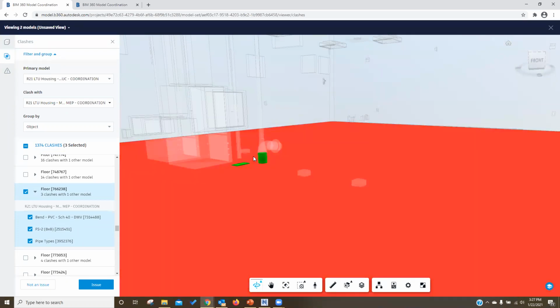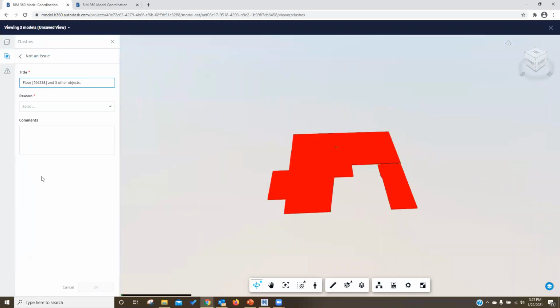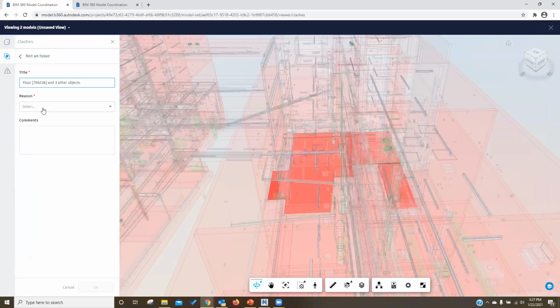So it means if this thing is considered a clash, then you can always create an issue. You have two options down here when clicking the list. But if you are not counting them as clashes, it can be ignored. You can click on Not an issue here. For instance, I'm going to mark this item as not an issue. So I'm going to click Not an issue, and it will be dismissed from the list.